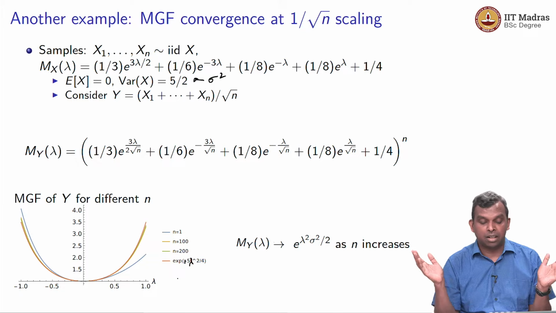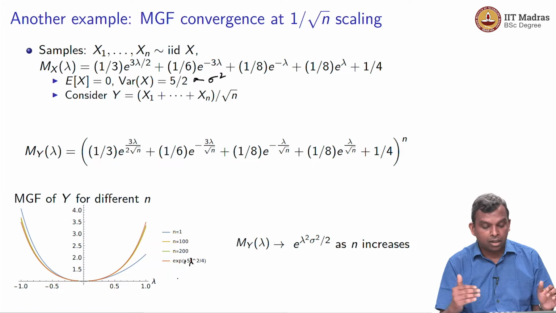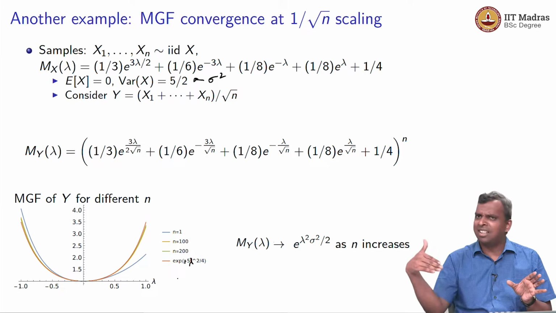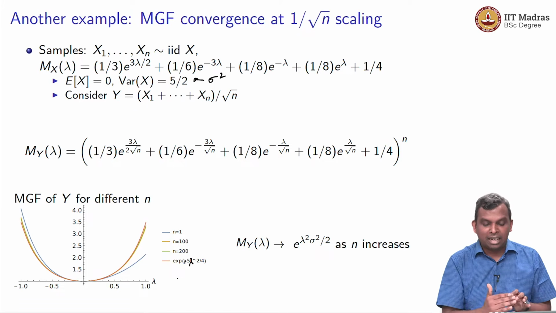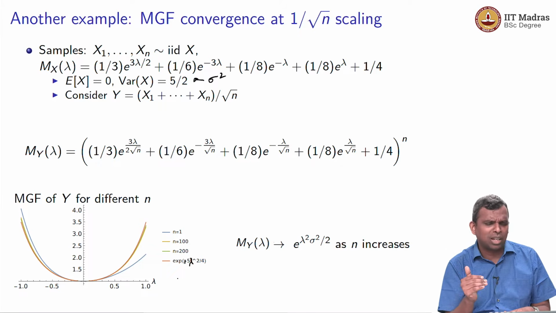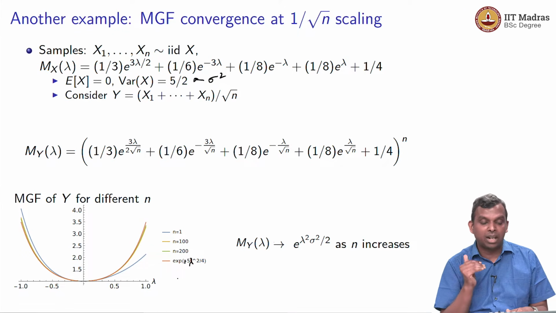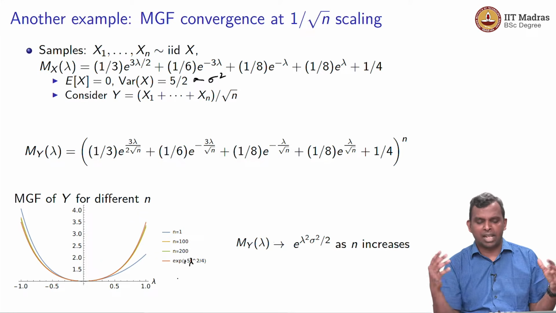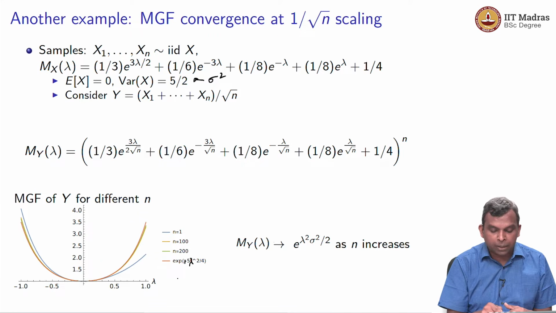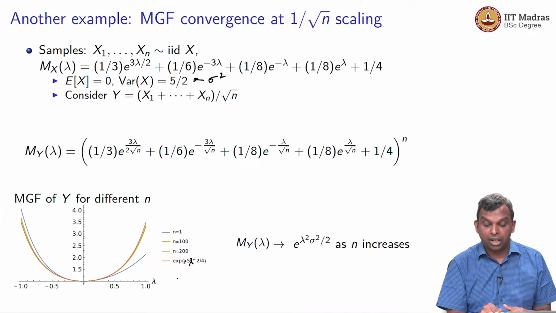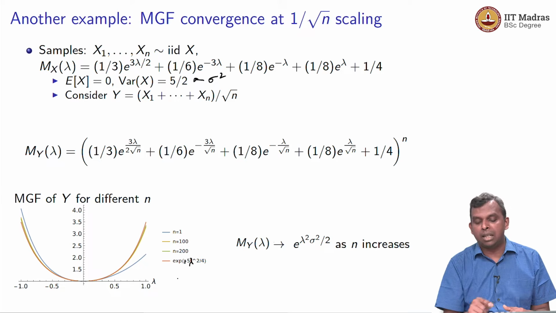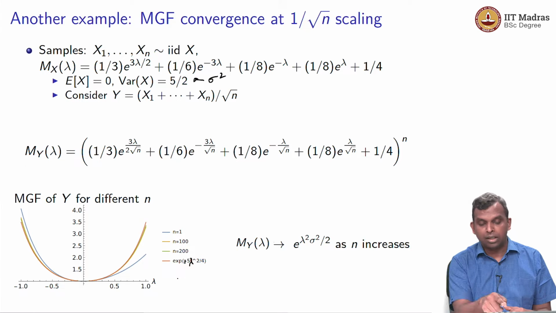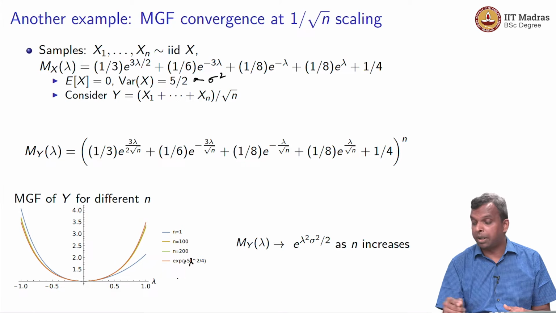Okay, and here you go. I've plotted this for n equals 1. It looks very out of shape, asymmetrical plot which looks a bit different, but as you keep increasing your n, but this time looks like I have to go to a larger and larger n, okay, so that's okay, n equals 100, n equals 200, it has an asymmetric form, lot of values, but by the time I go to n equals 200, I can start seeing some convergence, right? So you look at the convergence, it's actually converging to, once again, e^(lambda squared sigma squared by 2), e^(5 lambda squared by 4), which is again e^(lambda squared sigma squared by 2),